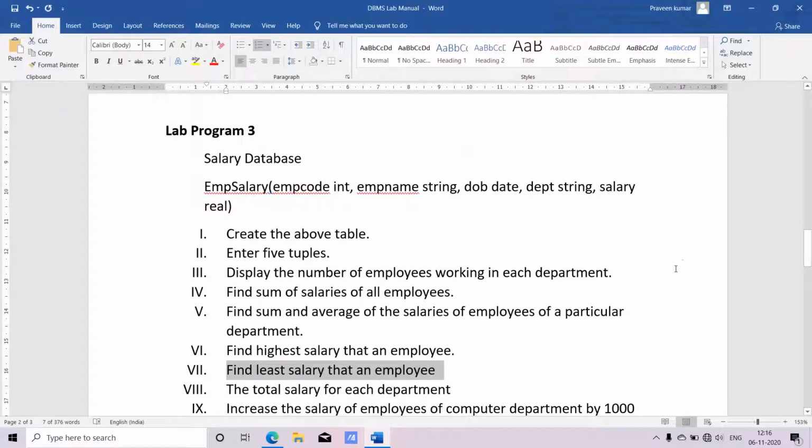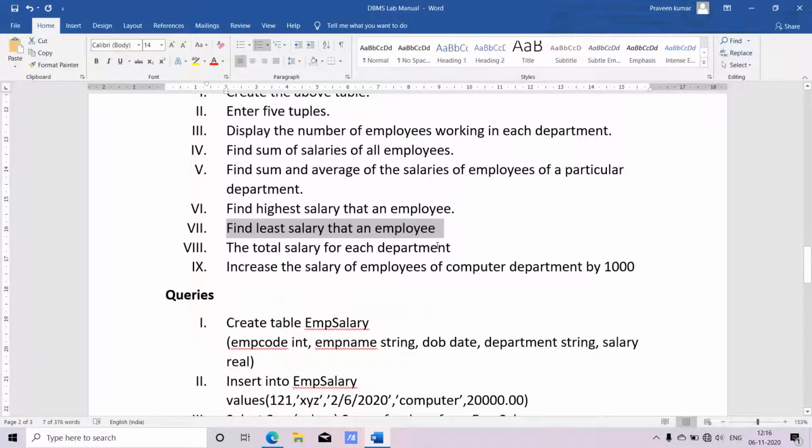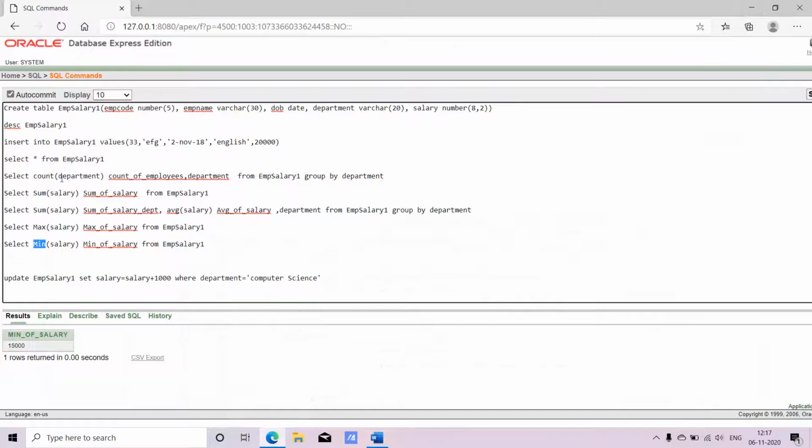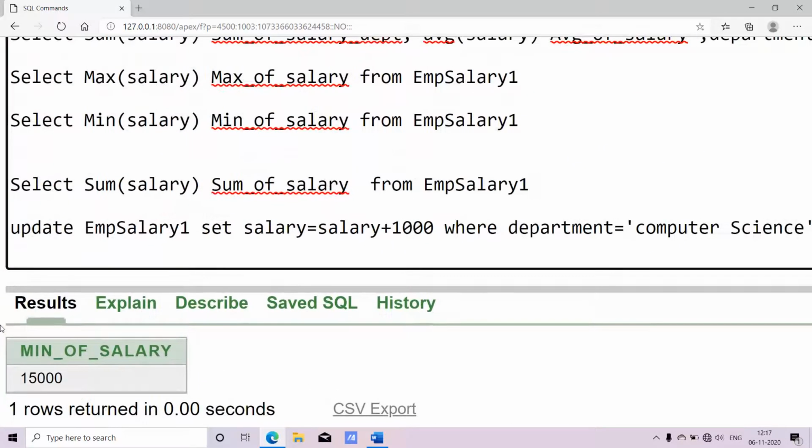So this question, that is query number 8, it has already been executed, because you can observe here we will find the sum of salaries of employees. Here I have total salary of employees, so both are same. We'll be finding sum of salaries of all the employees and total salary of each department, that we have done here also, like say when we have done sum. So I'll just execute how to do that. For that I'll be using the same statement that we have used for finding the sum of salary of overall employees.